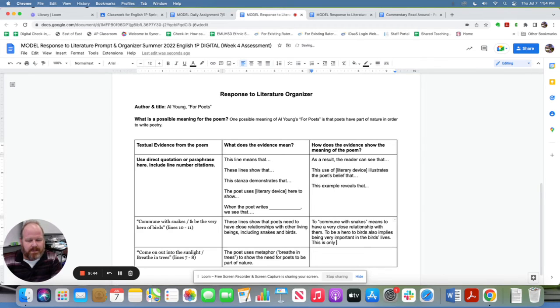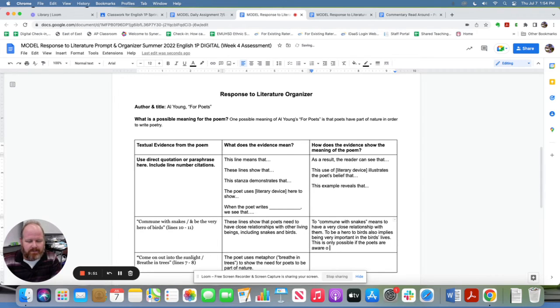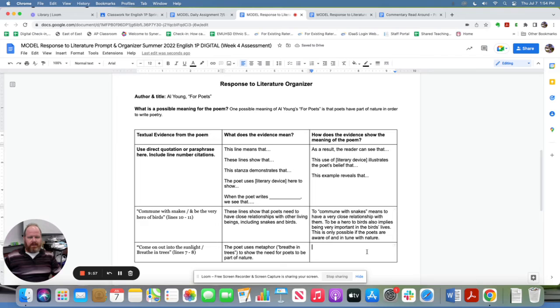This is only possible if the poets are aware of and in tune with nature. All right. And then finally, the use of metaphor shows that it's not enough to simply see a tree.